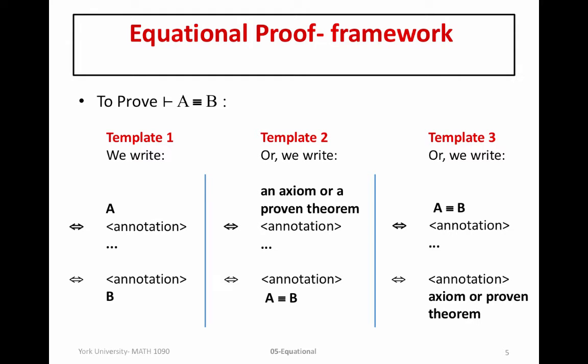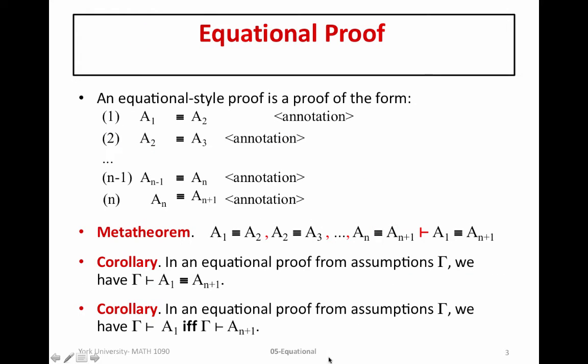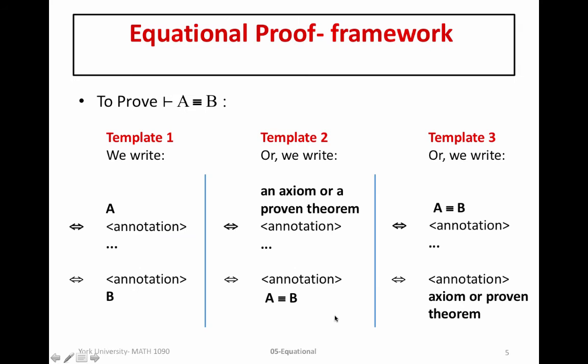We can do this in a different way by applying this corollary instead, which is maybe not what you would think to do, but in some cases it's actually more convenient. In this case, we have no assumptions, so we want to establish this as an absolute theorem. The only things we can use are axioms or absolute theorems, because they don't require any hypotheses. So if we start with something like that, we know that the empty set proves any of these types of theorems. Then if we establish an equivalence with what we're trying to prove, A equivalent to B,